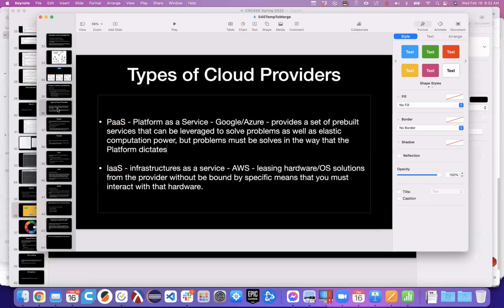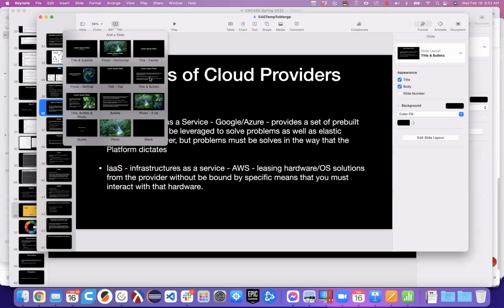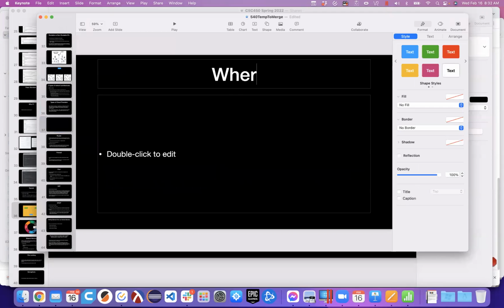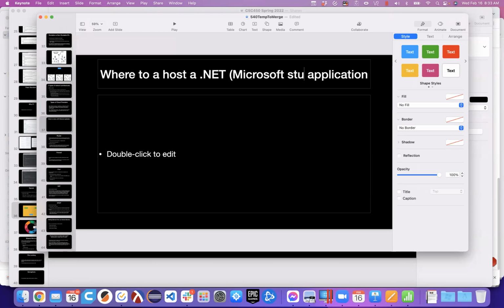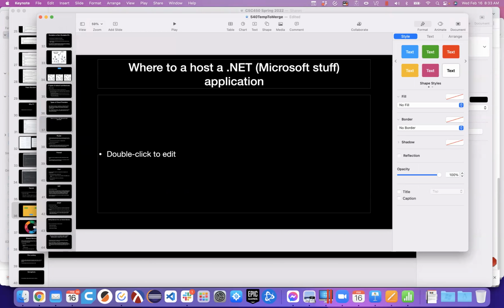So here, I want to create a slide for your specific test case. So, where to host a .NET application. And for those of you who aren't familiar with .NET, it's Microsoft stuff. So .NET means it's a Microsoft application. All right. The funny thing about, and I won't get to it in here, I'll probably talk about it in one of the other courses you'll have with me, but